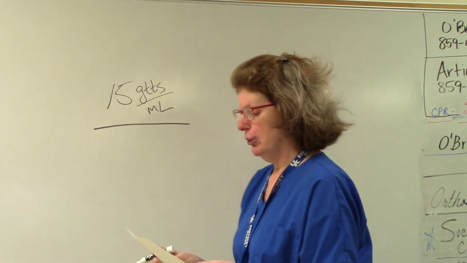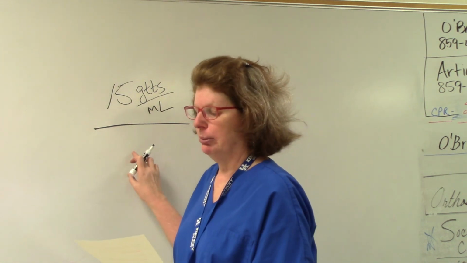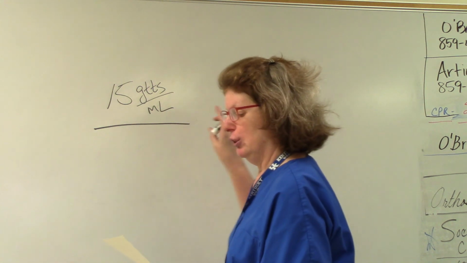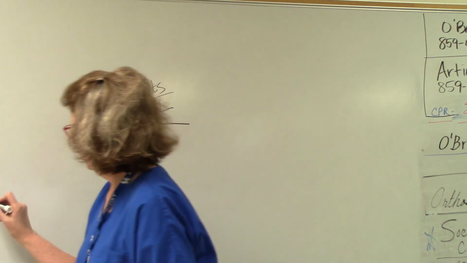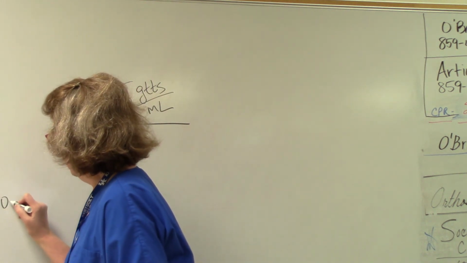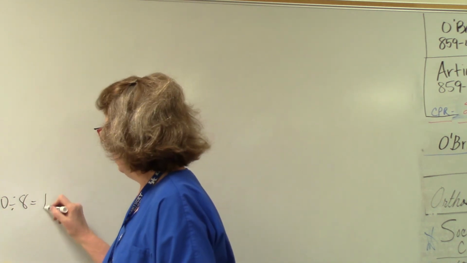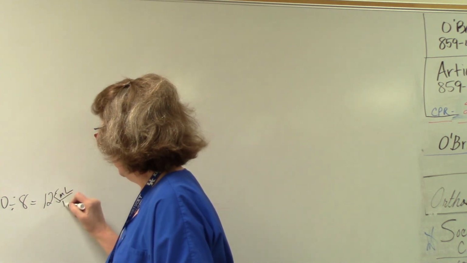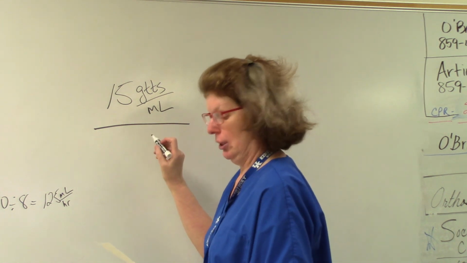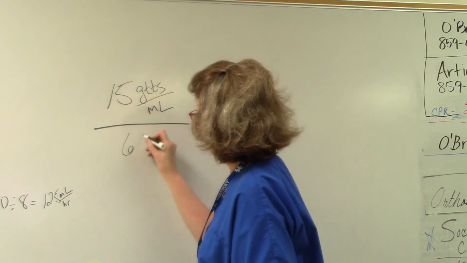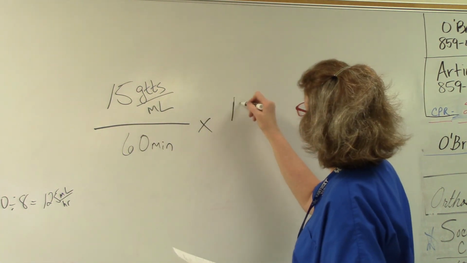So I could use 8 hours, but I had to figure out how many minutes that was, which would be 480 minutes, and then I could use 1,000 milliliters. But to make it easy on myself, I took 1,000 divided by 8, because I'm given 1,000 milliliters over 8 hours, came out to be 125 milliliters per hour. So it just gives me smaller numbers. So I'm going to use an hour, which will be 60 minutes. And for 60 minutes, I'm infusing 125